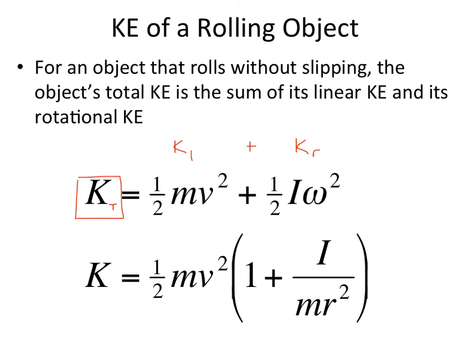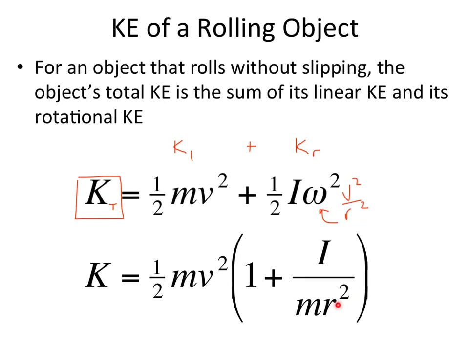In fact, let me write it like that: v squared over r squared. That's that right there. So if you want to try to factor out 1/2 mv squared, you could actually do that, because this has a v in the numerator right here, so that could come out, which means you would leave an r in the denominator, and